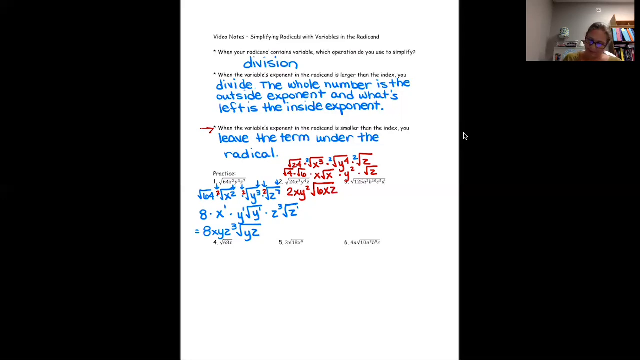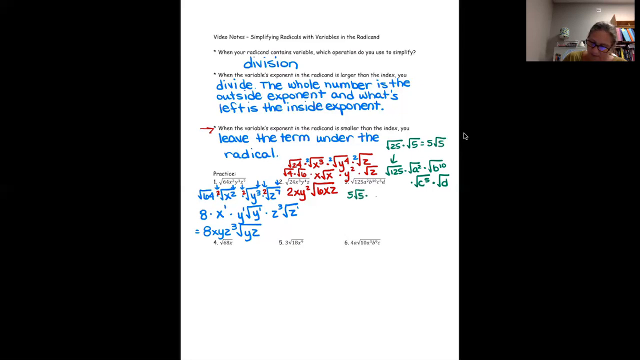Problem number 3. The square root of 125 times the square root of a squared times the square root of b to the 10th times the square root of c to the 5th times the square root of d. Notice it doesn't matter how many terms you have, you still do the same exact thing. So the square root of 125 is the square root of 25 times the square root of 5, which is 5 square root of 5